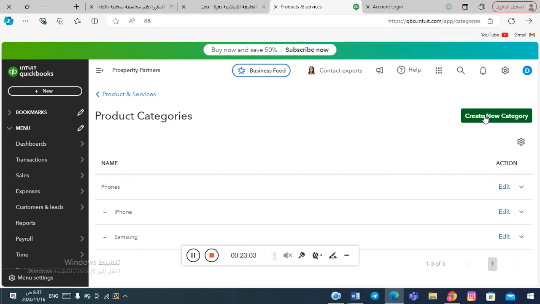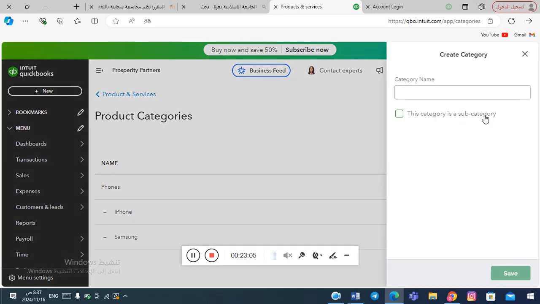When creating a category, there is a category name, and if you want to classify it as a subcategory. Here we are talking about the main categories, so we will only